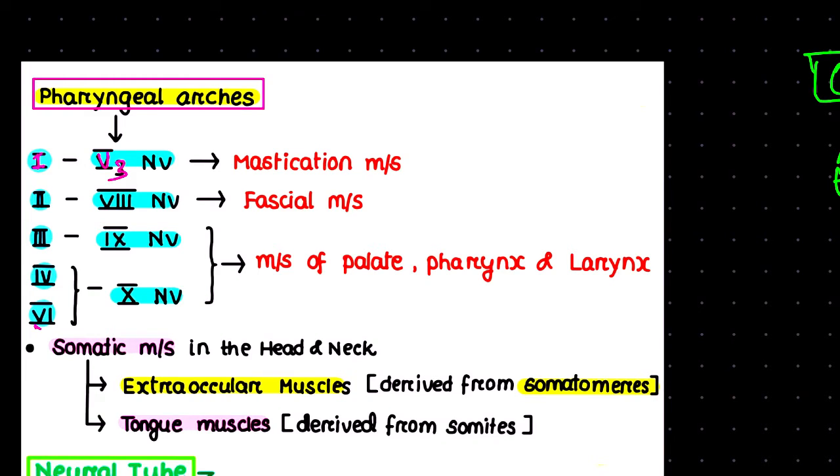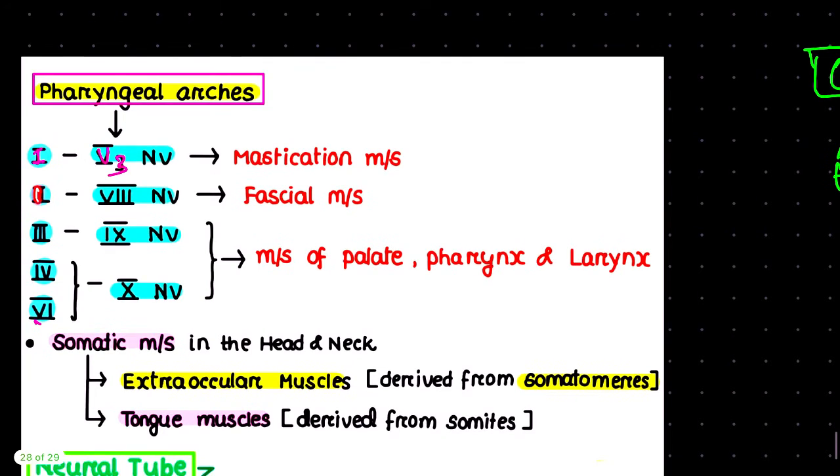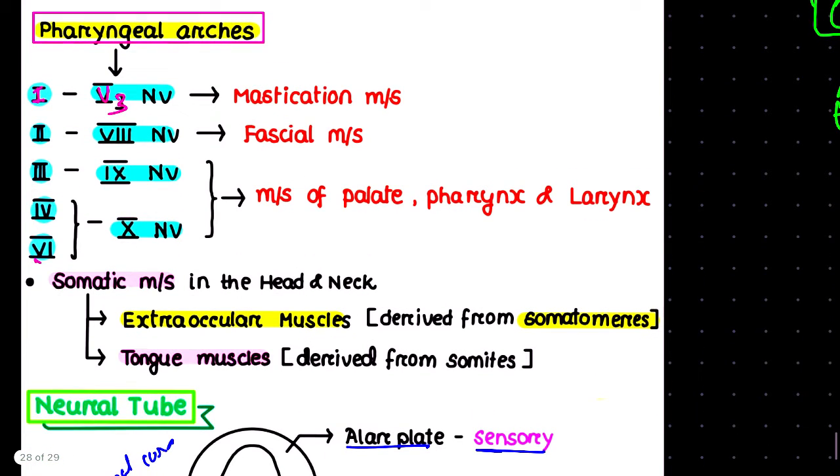Mandibular nerve. Similarly, the second pharyngeal arch is supplied by what? It is written wrong right here. It is the facial, just 2. Facial, it is by the 7th cranial nerve, the facial cranial nerve. Similarly, the third pharyngeal arch is supplied by the glossopharyngeal, and the 4th and 6th are supplied by the vagus nerve. Okay, now